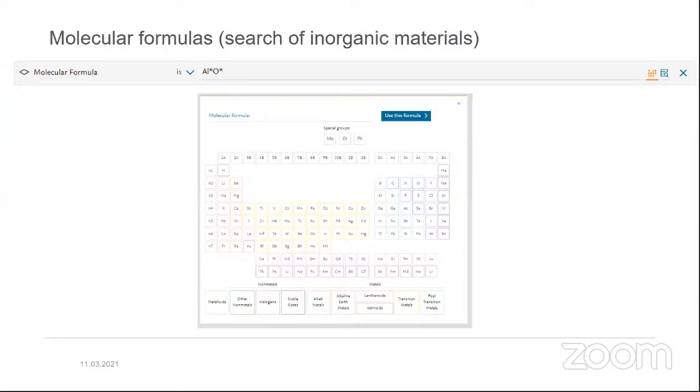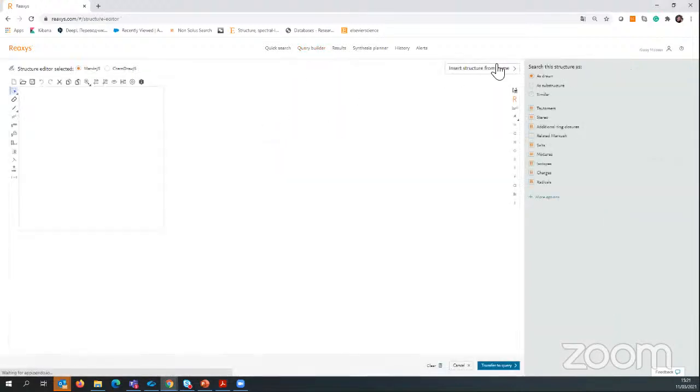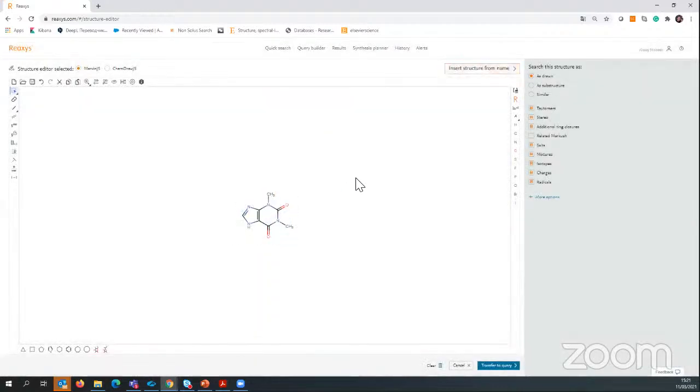Also, what I want to show you is a very simple example of how to use Reaxys to learn some chemical, mechanical and physical properties of some substance. For example, we are interested in thiodolin. Thiodolin is also a pharmaceutical drug, and we can use